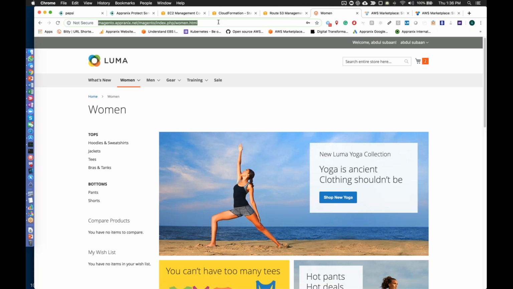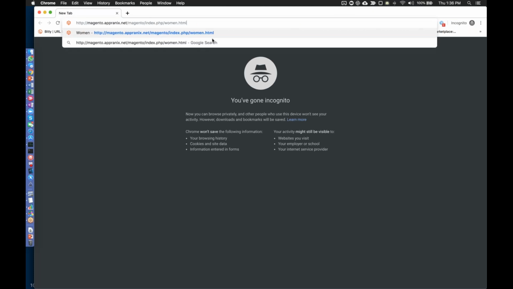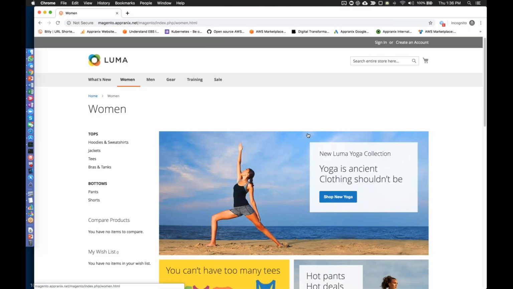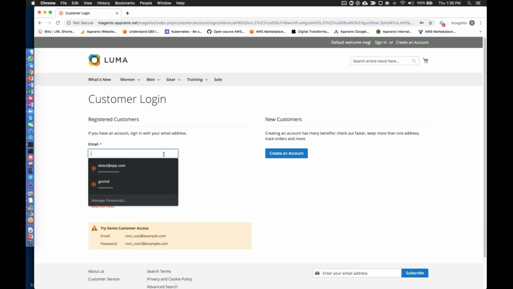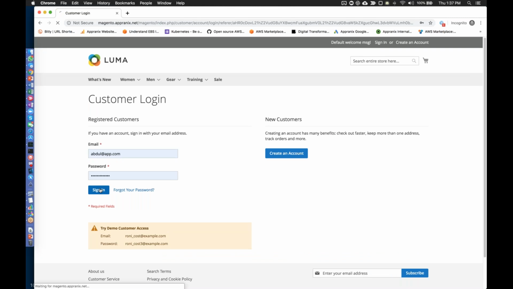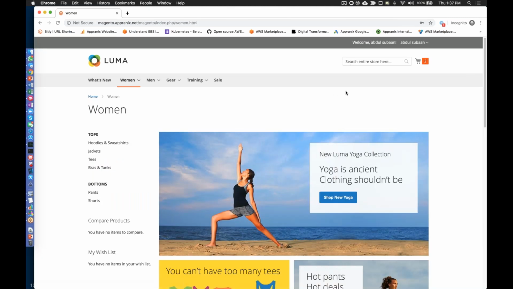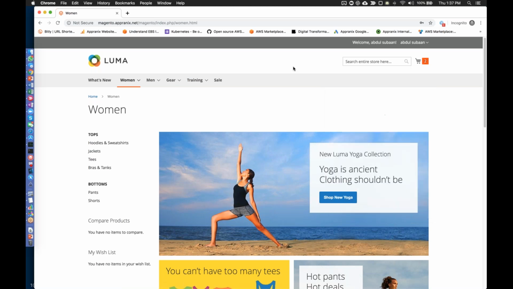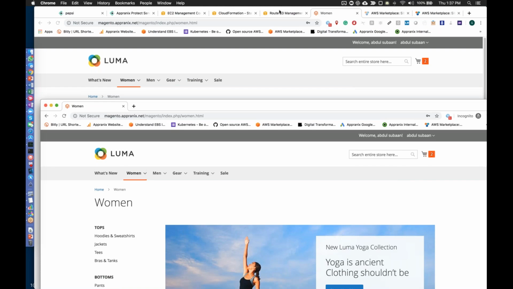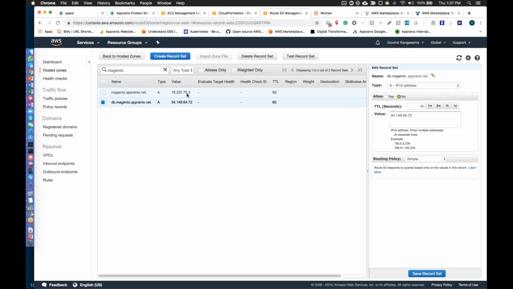In that case, take this and create a new one, incognito, and then wait for it. All right, it clearly switched over, so I have to sign in again. Sometimes the browser cache, and I want to make sure that it is properly switched over. So sign in again. You can see the entire system came back, and in the DNS it's actually pointing to the newer entries.